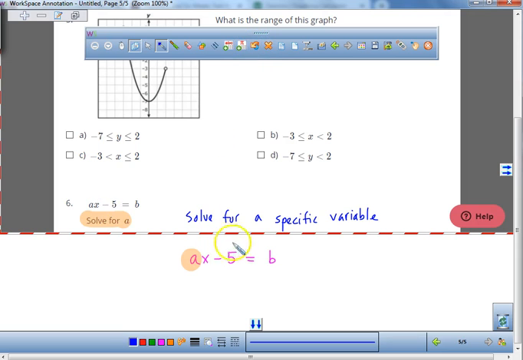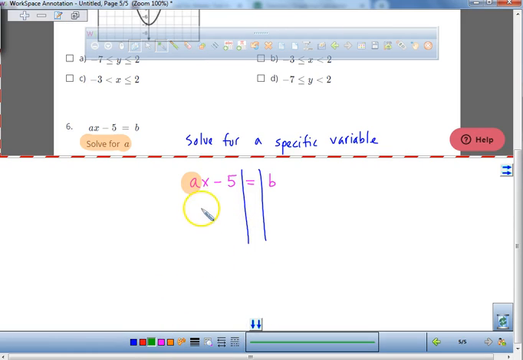But what does it say? It says solve for a. So what do we have to do? We got to get all the a's by themselves. By the way, this a times x is under a negative influence, and I got to get rid of that negative influence. How do I get rid of a negative 5? Add a 5